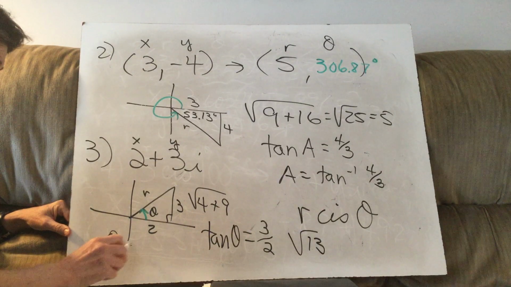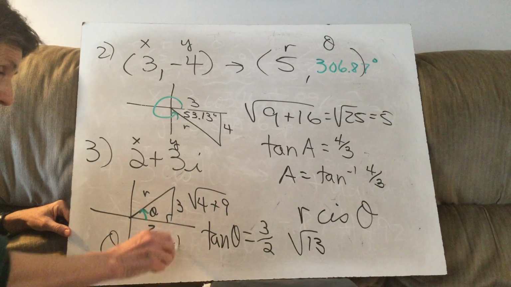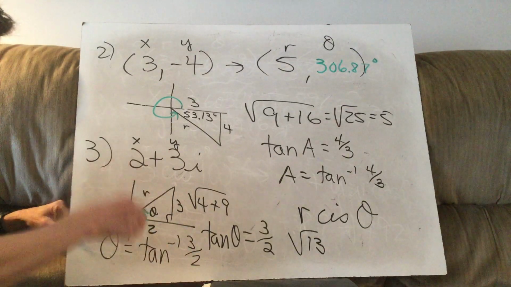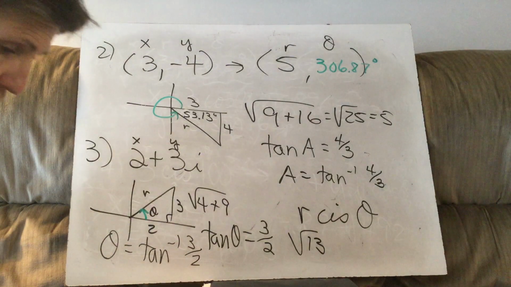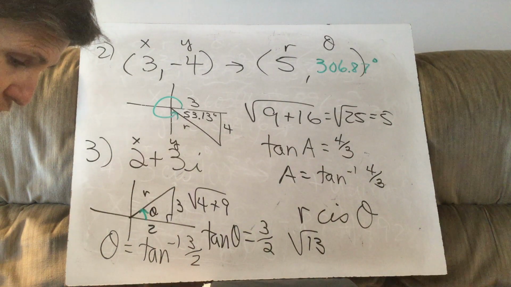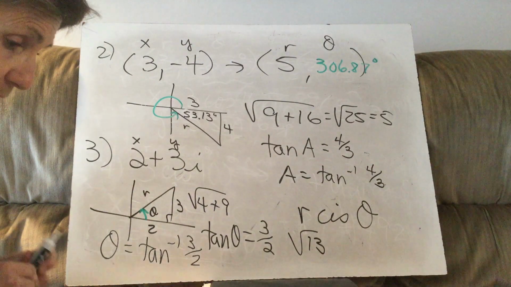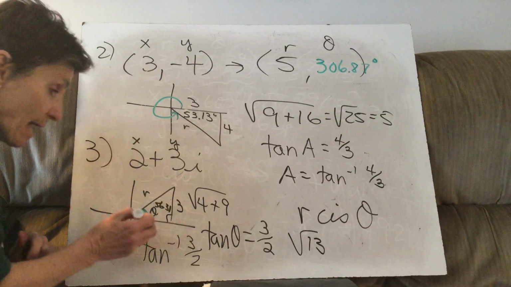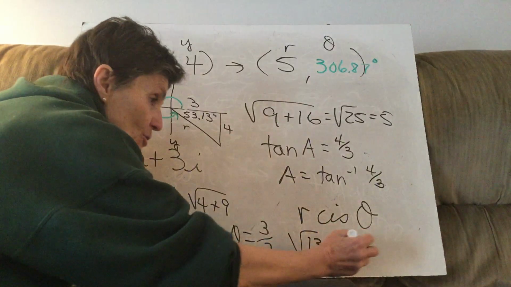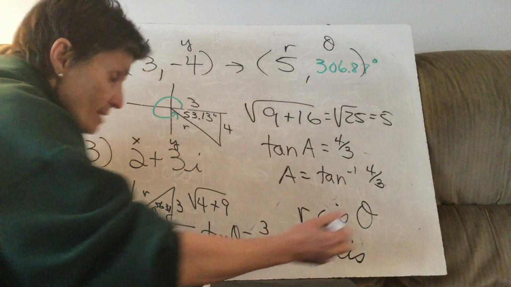So theta equals inverse tangent 3/2. I am doing exactly what I did in my last problem. This one's a little easier though, because when you do inverse tangent 3/2, you get 56.31, and that is theta. So root 13 cis